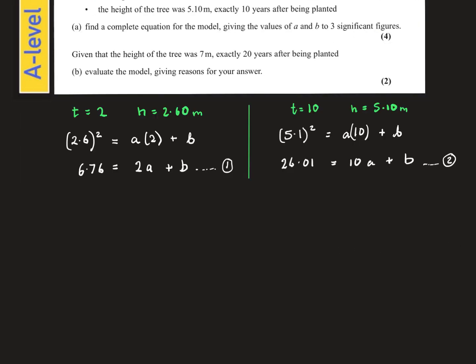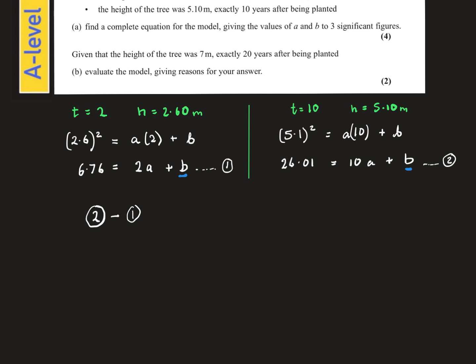The method that I'll use for these two equations is to subtract the first equation from the second equation. The reason I'm going to do that is because I have b here and b here, and once I